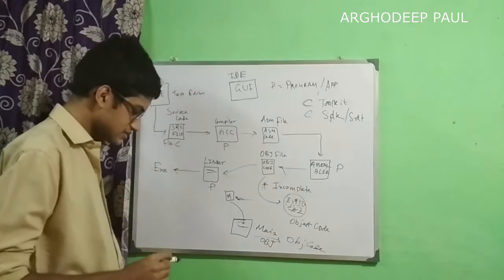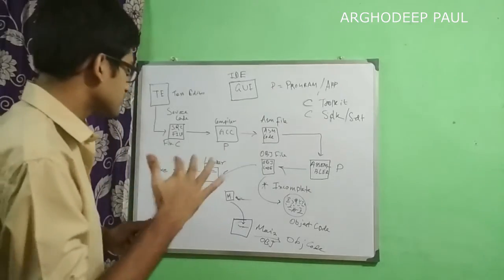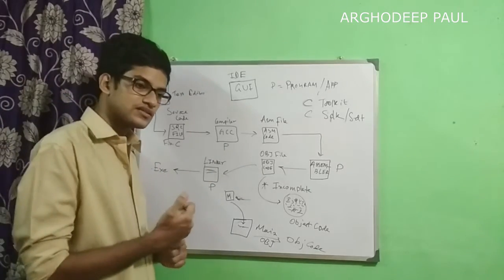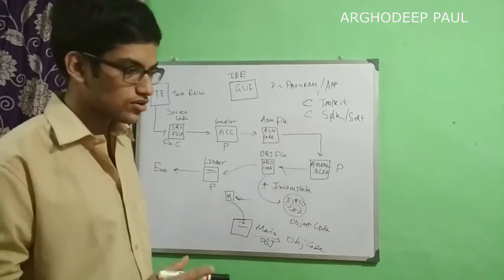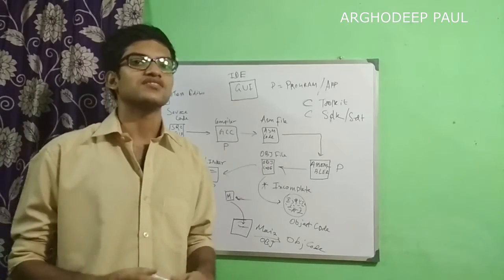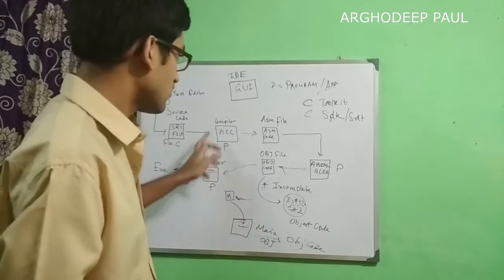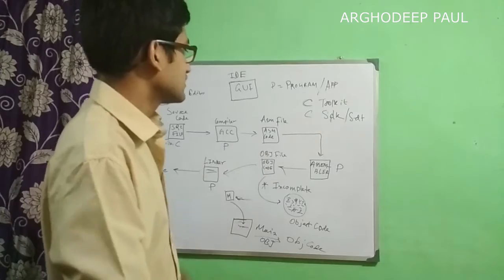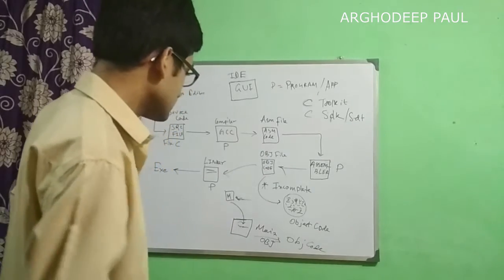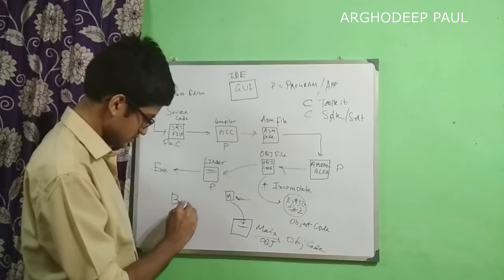So this is the exe file which is understandable by the operating system, and if it is understandable by the operating system, then it will find some way to load it to the processor in pure machine language form. So this is the total compilation process, the compilation and the linking process. This total process is known as the build process.